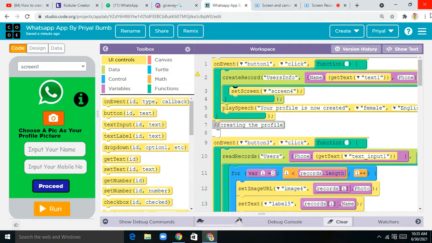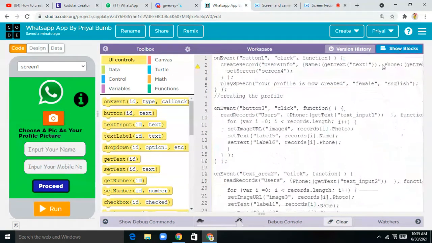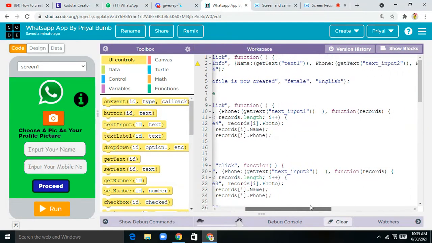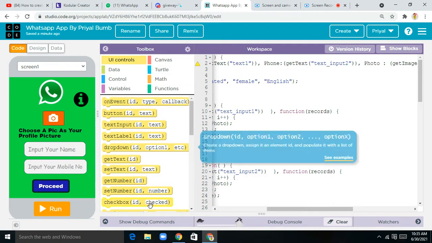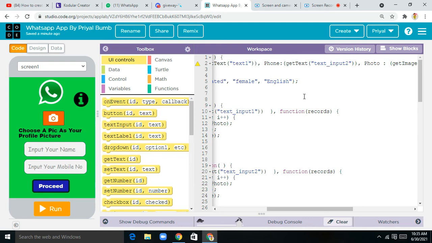Here you can see it. The same thing we have done for phone also. I've placed one comma after it, then taken some space, and then written phone. After that, come here and you'll get the option of get text. So just drag it and drop it here, and you can change the ID for your mobile number. It is text input two, so make it text input two.